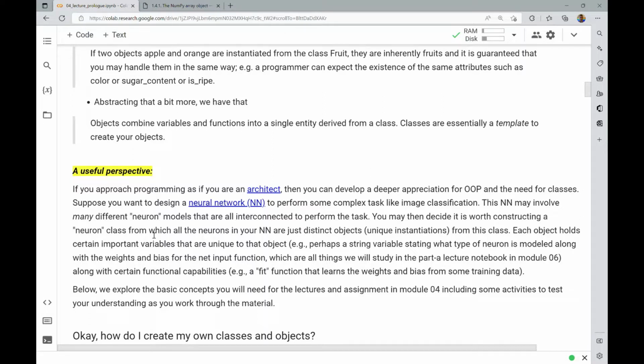Each object will hold certain important variables that are unique to that object. For example, they could contain a string variable stating what type of neuron is modeled, along with the weights and bias for the net input function. And these are all things we will study in the Part A lecture notebook in Module 6, along with certain functional capabilities. This could be, for instance, a fit function, the fit method, that learns the weight and bias